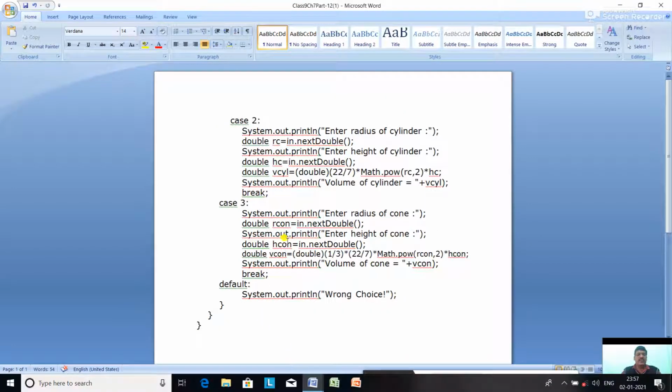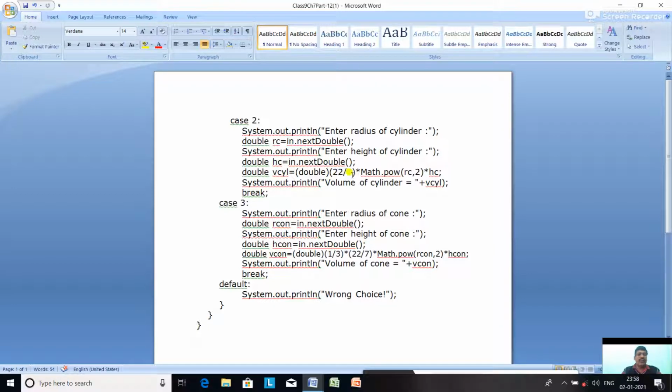Now case 2, which will calculate the volume of a cylinder by using the formula V equal to pi into R square into H. System.out.println enter radius of cylinder, double RC equal to in.nextDouble. Then System.out.println enter height of cylinder, double HC equal to in.nextDouble. Now calculate the volume of cylinder VCYL, double 22 by 7.